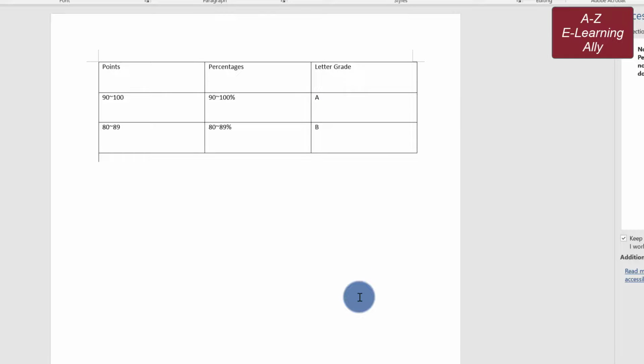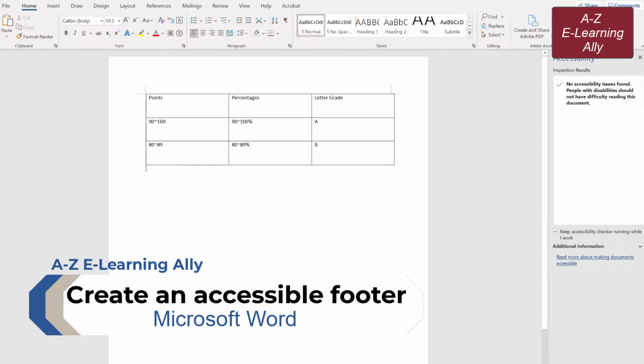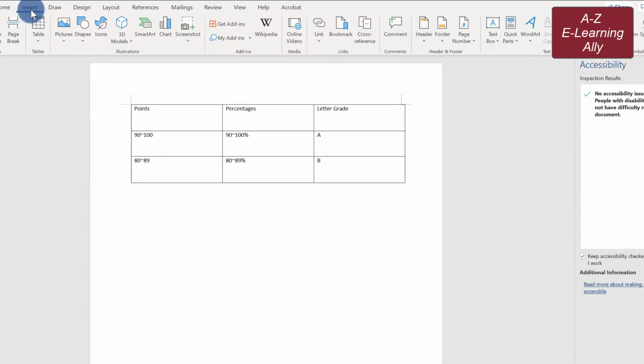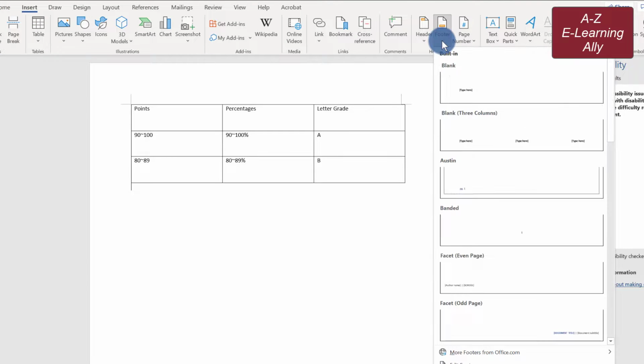Lastly, let's take a look at the steps to create an accessible footer. To create an accessible footer, go to the Insert tab and then click Footer. As soon as I select it,